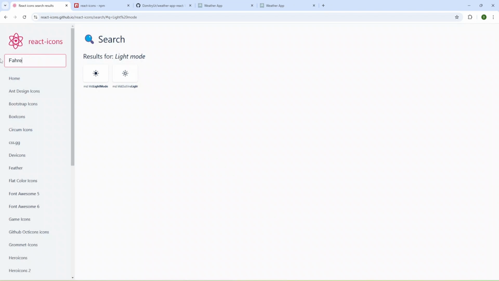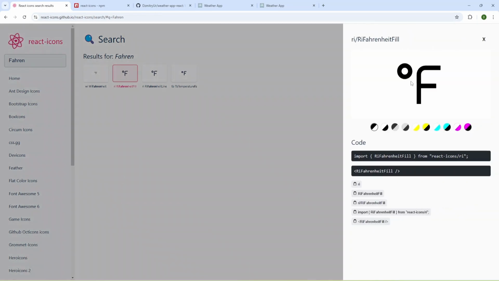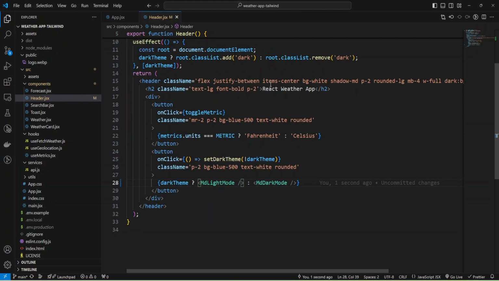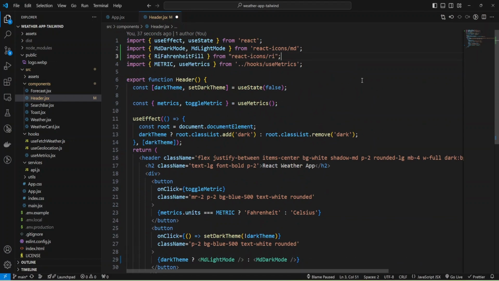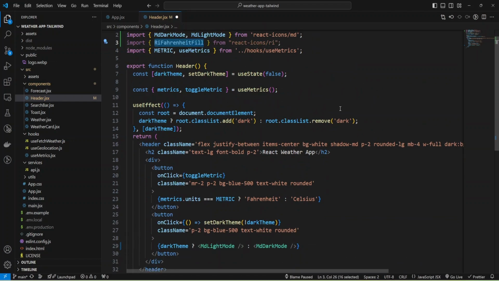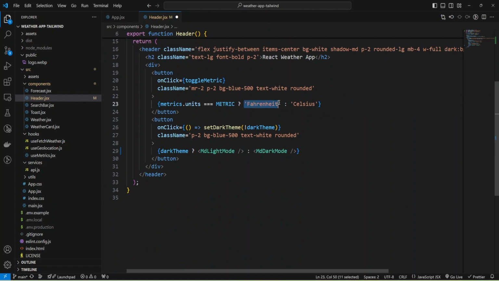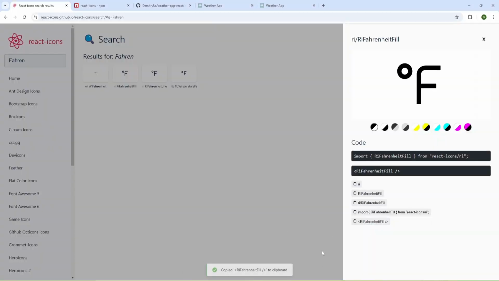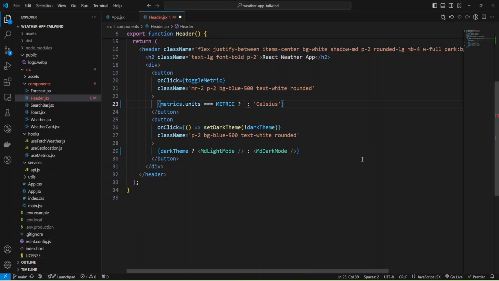I can search for Fahrenheit and, well, let's take a look, and probably I'll use this one. Okay, and I can copy the import and provide it here. And instead of the Fahrenheit word, I need a component, not just a name.